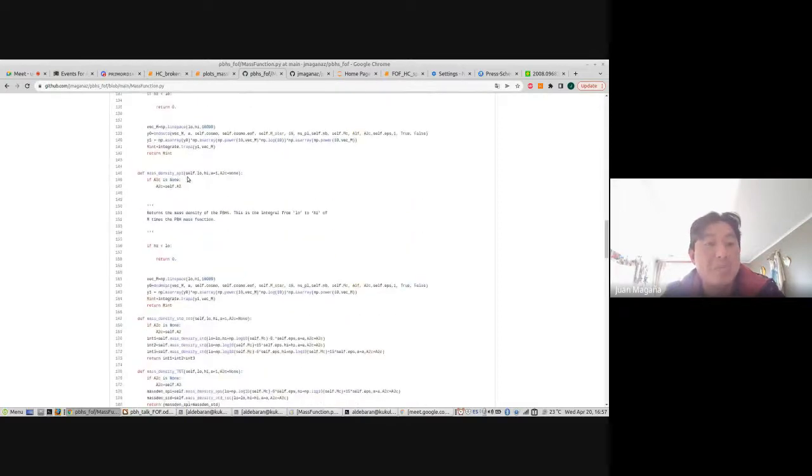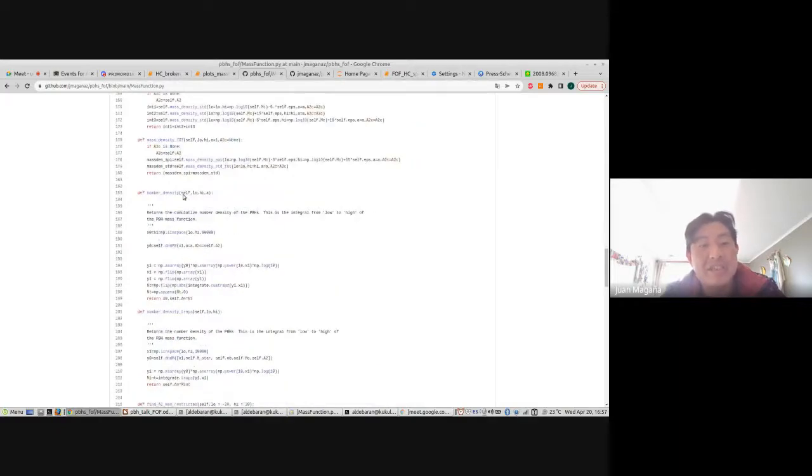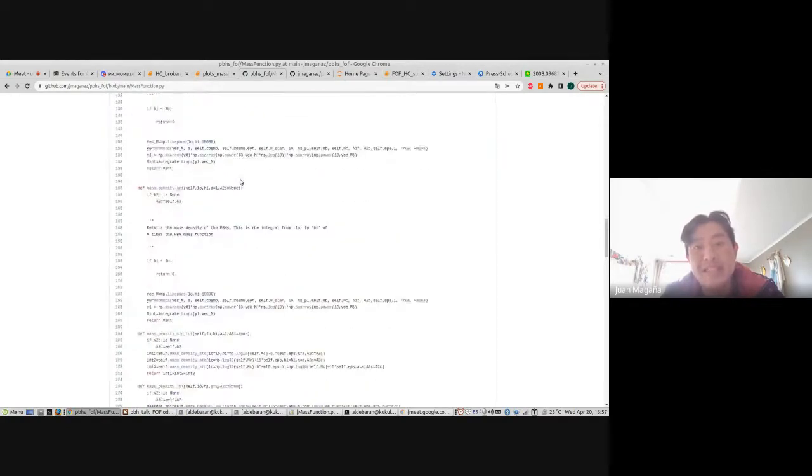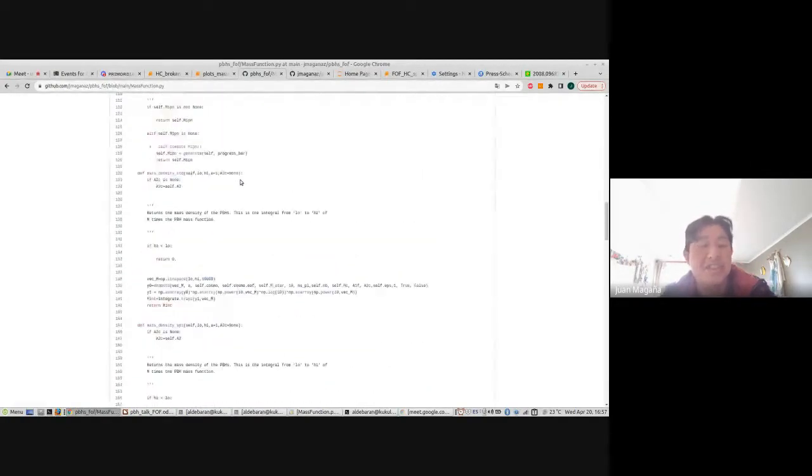We have a function for the spiky part. After that, to calculate the total mass density, we add the results of these integrals to avoid these numerical problems. And this is a modification of the code that Joaquin sent last Monday.